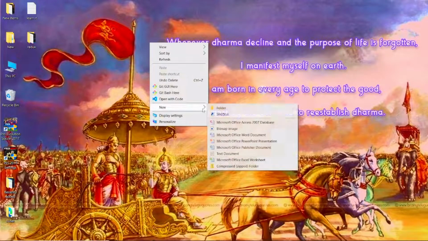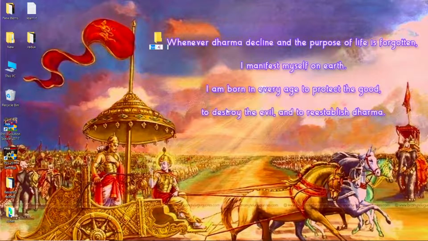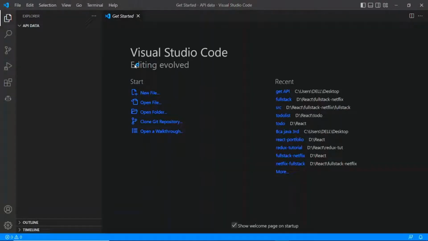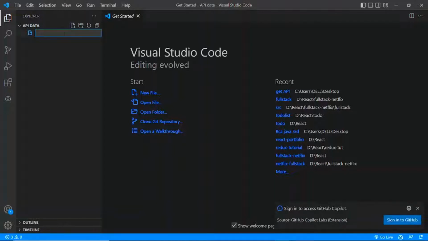Let's create a folder called API data. Now let's open this folder inside of our VS Code. Now let's create a file called index.html,